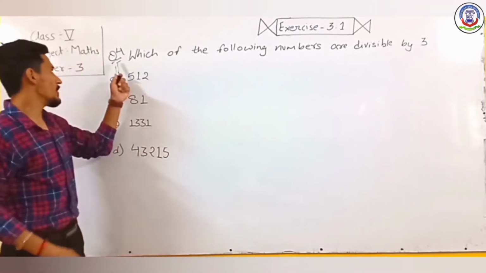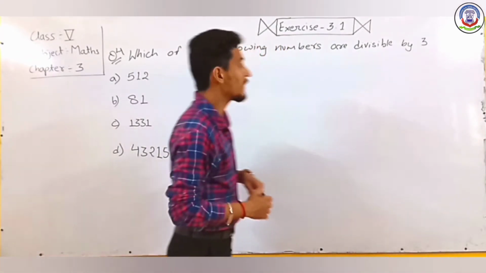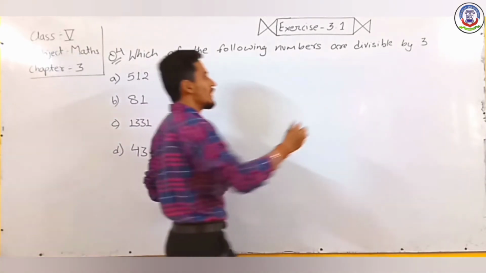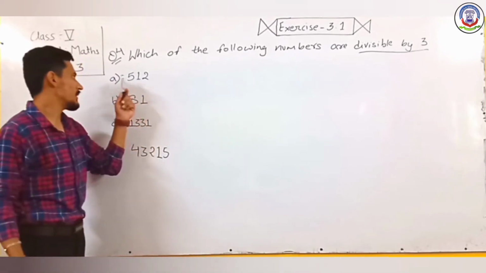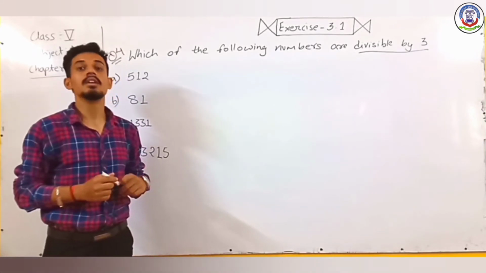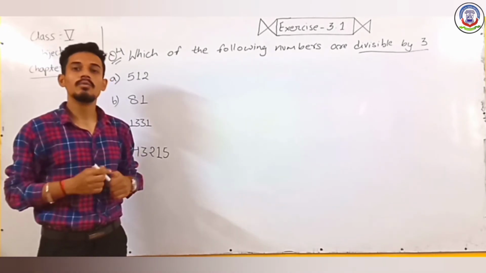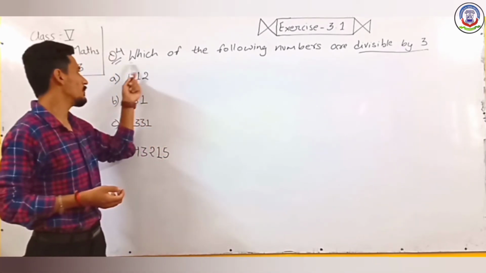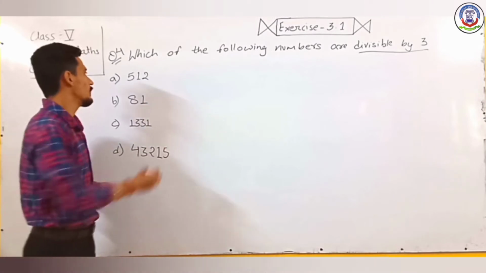Now we have question number 4. Which of the following numbers are divisible by 3? अब इसमें हमें क्या करना है, जो नंबर्स दिए गए हैं उनमें फाइंड करना है कि कौन सा नंबर डिविजिबल बाय 3 मतलब डिवाइड बाय 3 यानी 3 की टेबल में आता है। सो फर्स्ट वी हैव 512. सो डिविजिबिलिटी ऑफ 3 इज हम लोग को हर एक डिजिट्स को एडिशन मतलब प्लस करना होता है। अगर वो नंबर जो एडिशन के बाद आया है वो 3 की टेबल में आता है तो फुल यानी ये वाला नंबर भी ओरिजिनल नंबर जो है वो भी 3 की टेबल में आता है। सो लेट्स स्टार्ट। फर्स्ट वी हैव